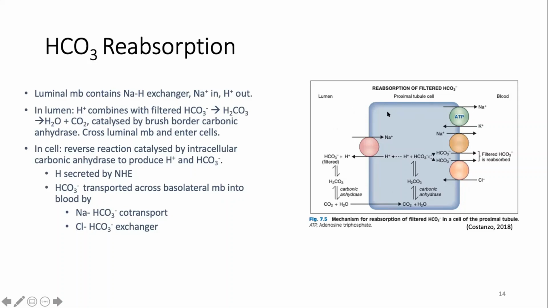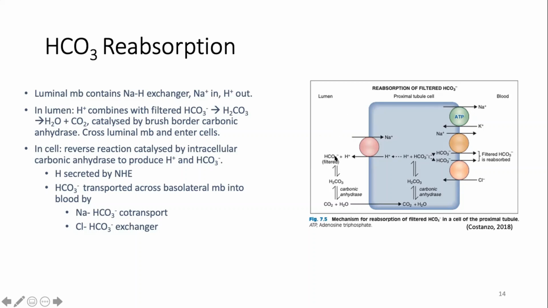So on the luminal membrane, also known as the apical membrane, there is this important exchanger protein known as the sodium hydrogen exchanger. What it does is that it exports out one H+ and brings into the cell one sodium. So for one H+ out, there will be one sodium in. And what happens in the lumen is that when this H+ is excreted out into the lumen, this H+ will then combine with the bicarbonate that has been filtered